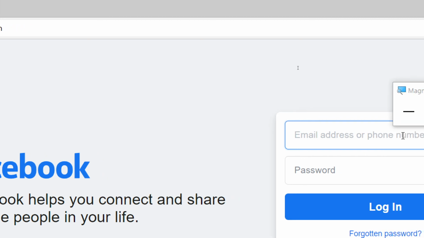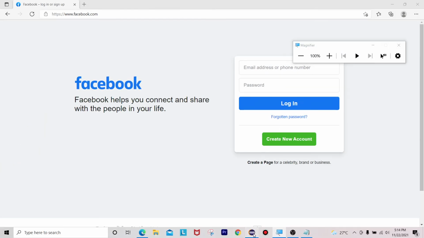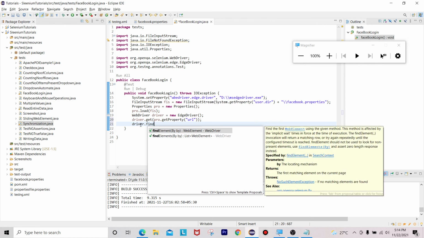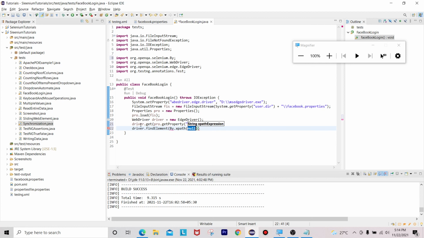So I want to inspect this element. Before that, I want to mention this inside our properties file. How can we mention it? We can mention that XPath in the format of a key and value pair. So for that, how can we inspect? driver.findElement(By.xpath()). In the same way we wrote the URL as a key, we can write the XPath for the username also. Here also you can do the same.